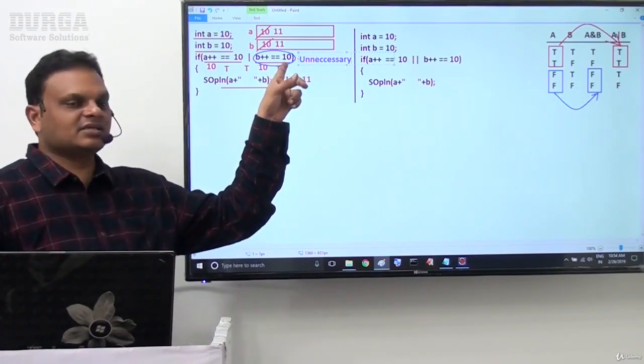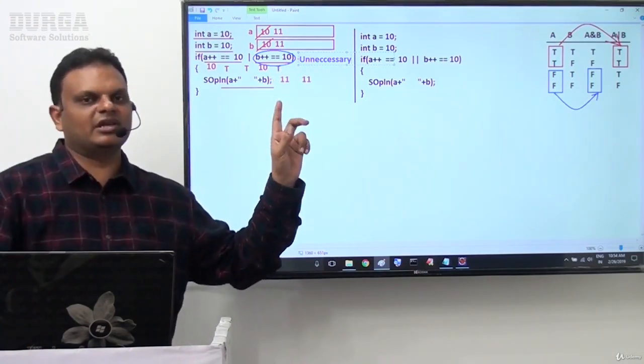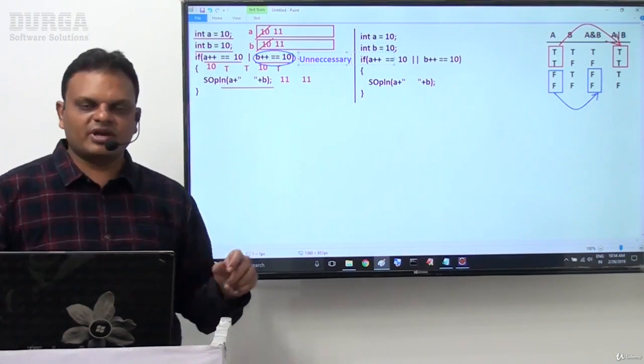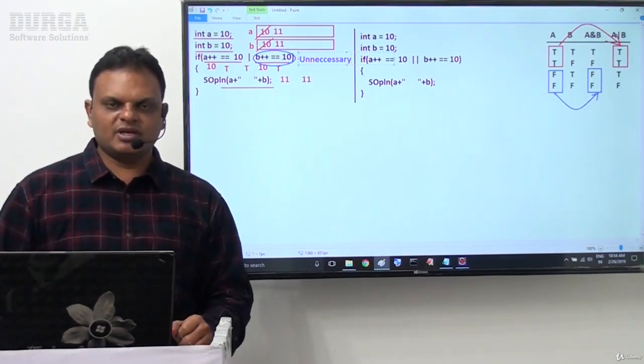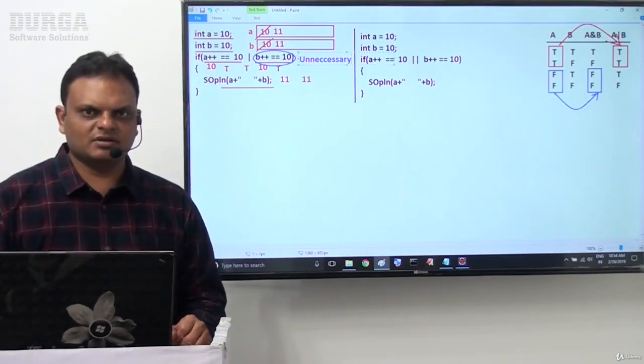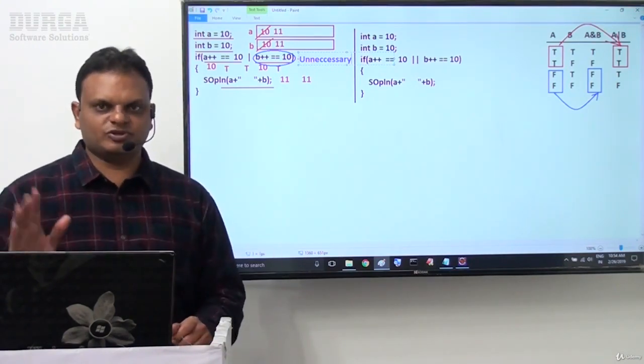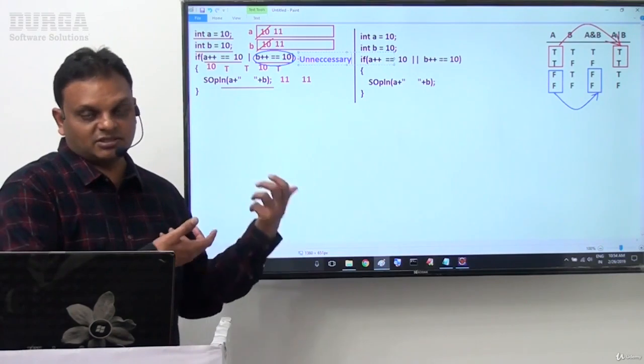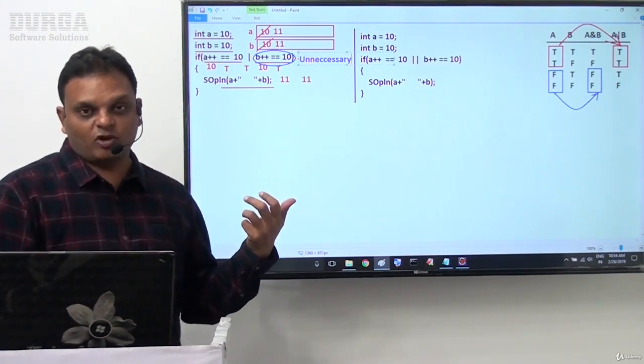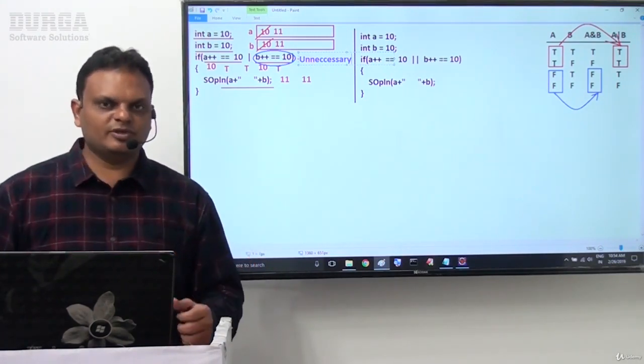That means unnecessary execution is going on in the case of single OR. When unnecessary execution is going on, automatically execution time will be increased. When execution time is increased, performance of the application will be reduced.